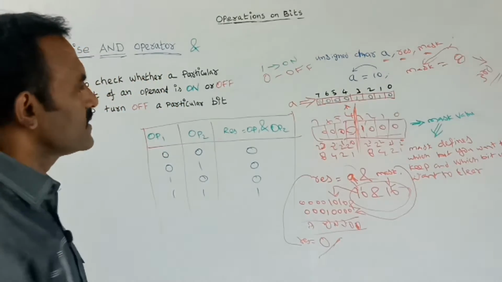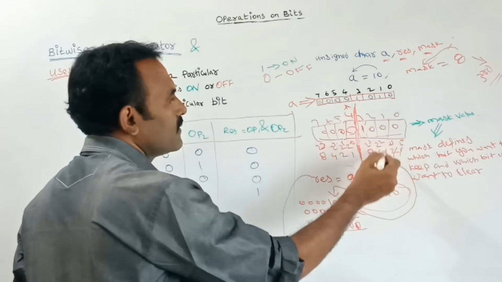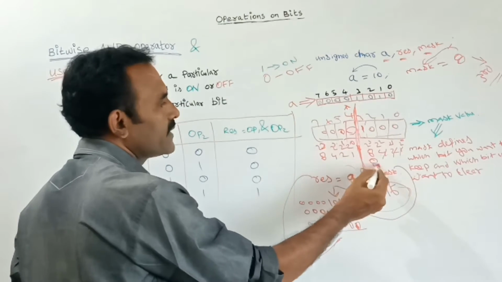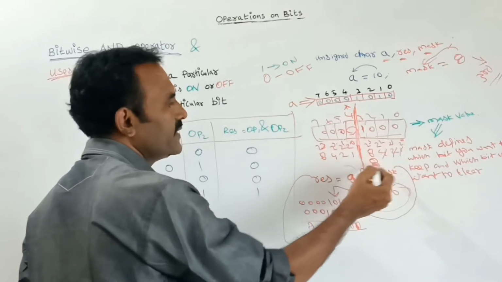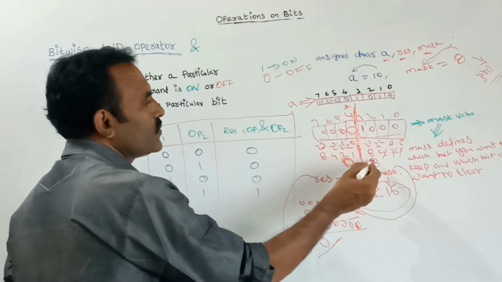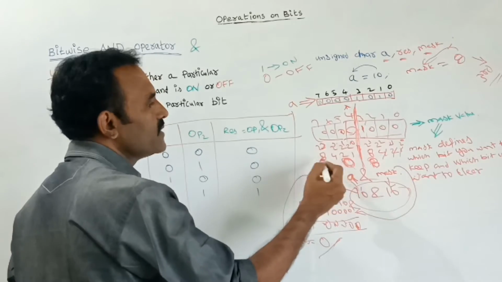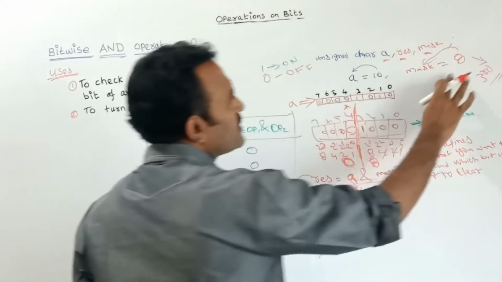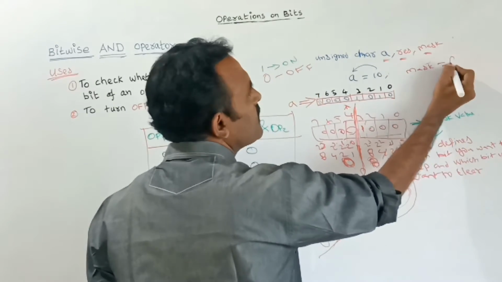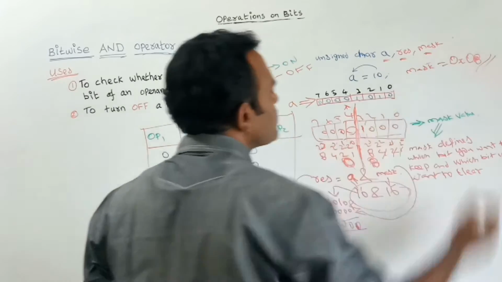Now you convert this. Everything multiplied with 0 means 0. Here 8 into 1 is 8. So this nibble has the value 8. In front, everything is 0. So 0 and 8. This is the hexadecimal. For hexadecimal we can use 0x in front of the value. This is the mask value. Suppose if you want to give it in hexadecimal, we can give it like this, that is 0x and 08. This is the hexadecimal value.